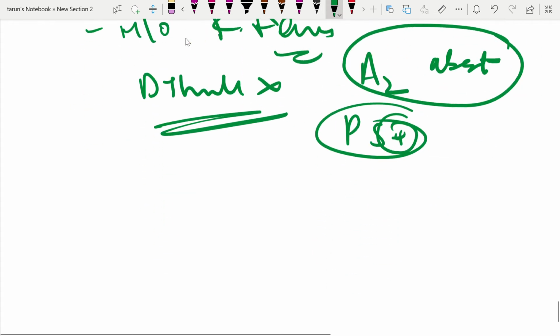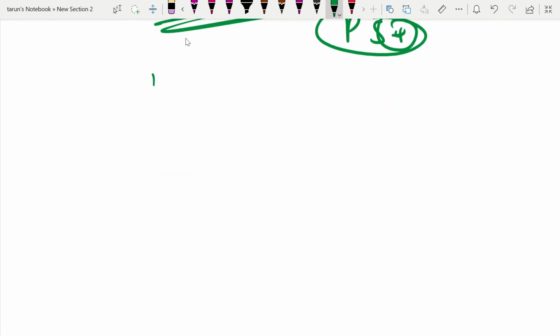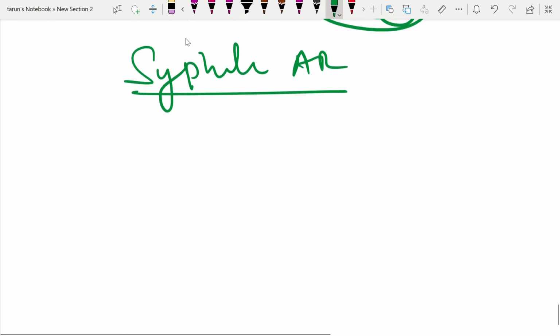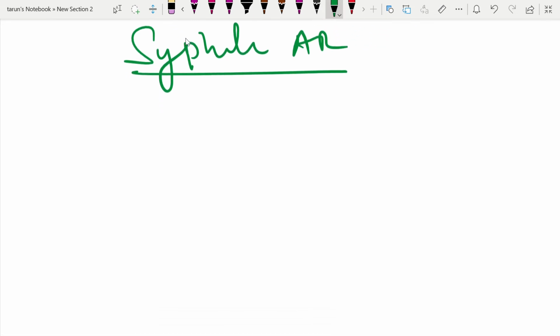Then another question: what are the features of syphilitic aortic regurgitation? The patient will be older, more than 40 years of age. There is a history of exposure to syphilis. The lesion is usually isolated. Anginal pain is more common. Diastolic thrill may be present, commoner than in rheumatic. Right parasternal heave is very often present.